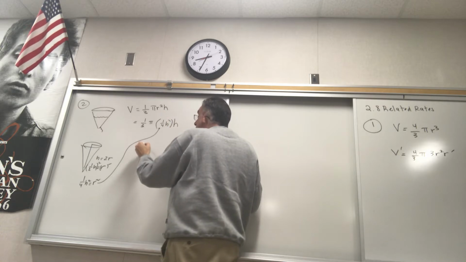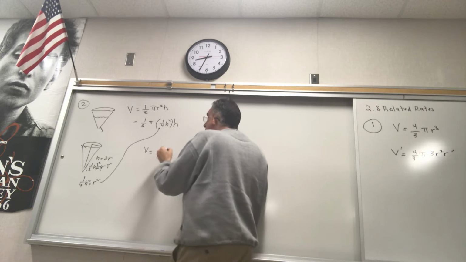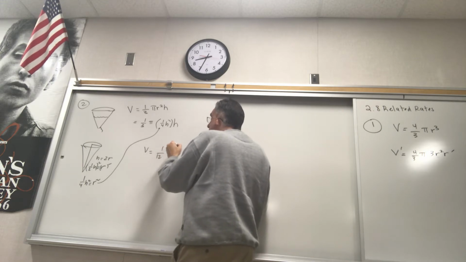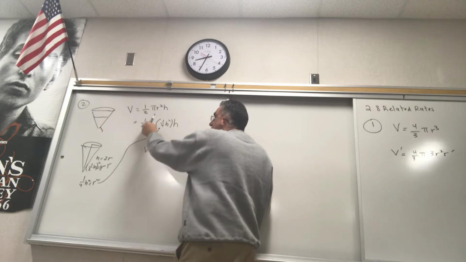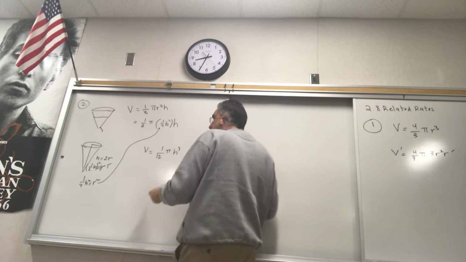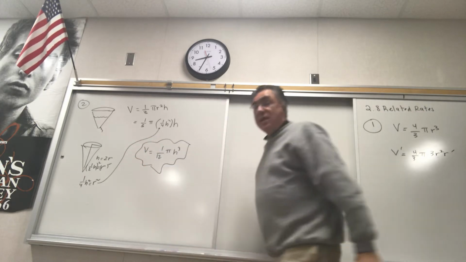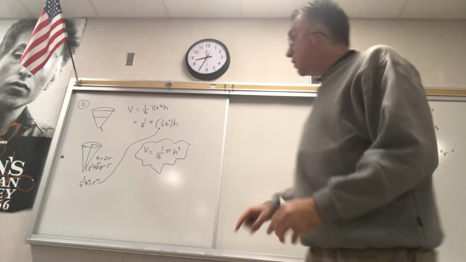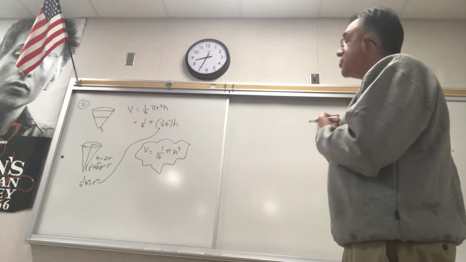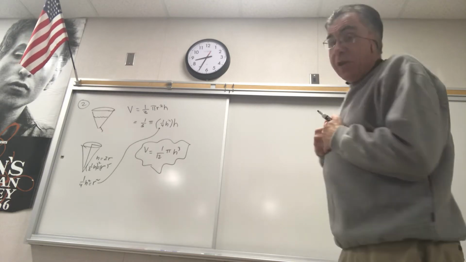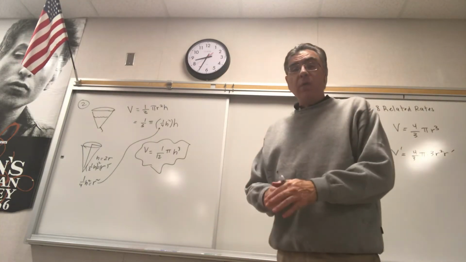And so I get V is 1/12 πh³. 1/3 times 1/4 is 1/12, times πh² times h gives h cubed. This is the formula we're going to use. In this class, the formula for the cone in related rate questions will always be 1/12 πh³. And notice that we've completely eliminated the radius from the question,